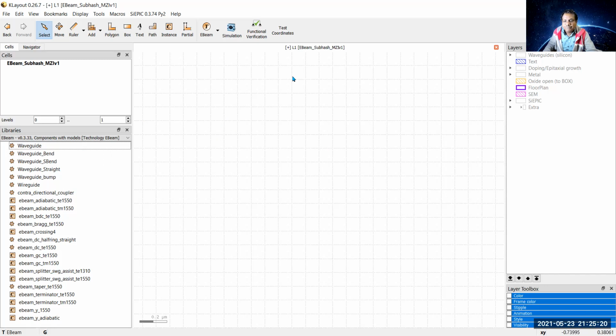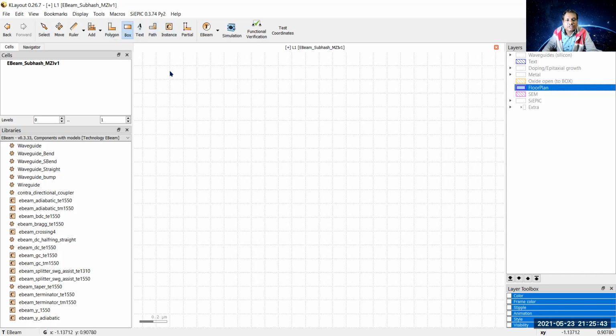So first of all, I will go to layers and select the floor plan. It will decide the area in which I am going to make my Mach-Zehnder interferometer. So this is the layer. I have clicked on this layer. This is shown by blue. And then go to box. In the menu bar, we have a box. You can see my cursor.